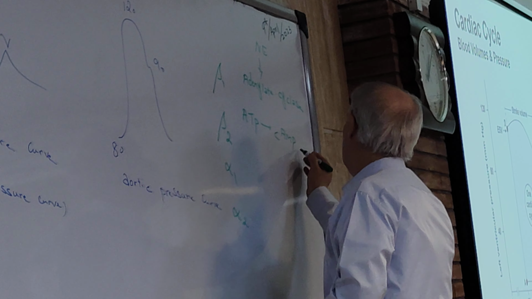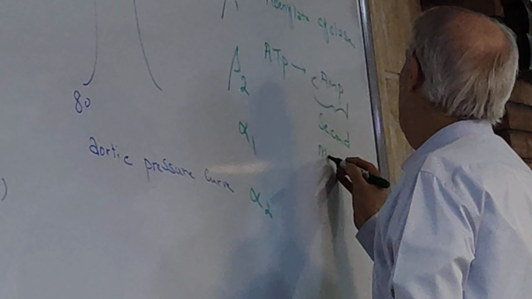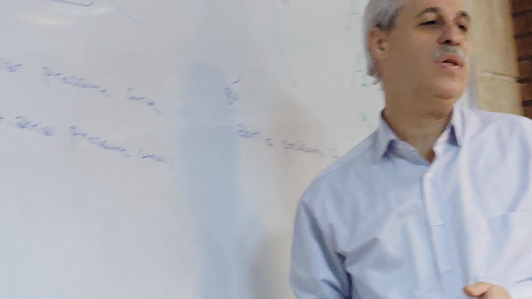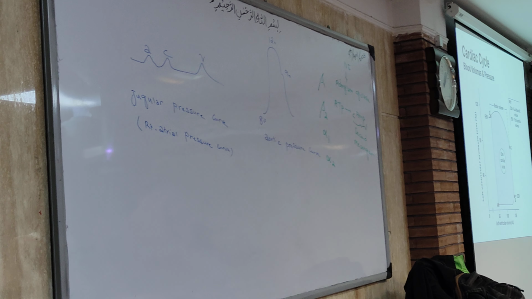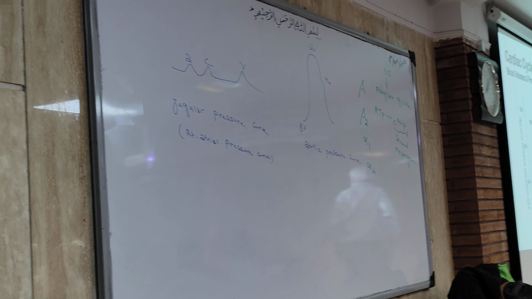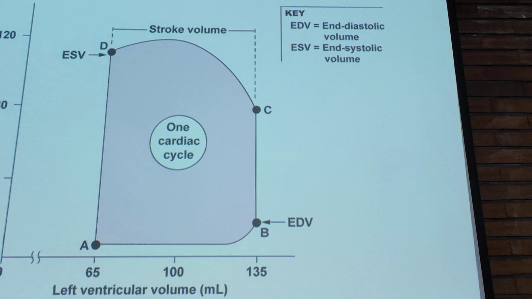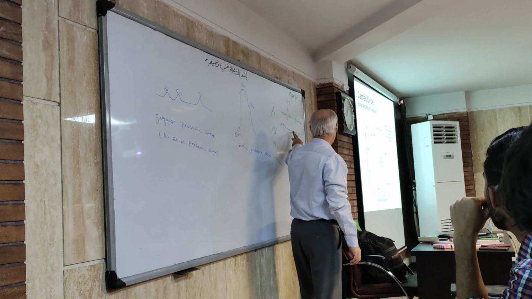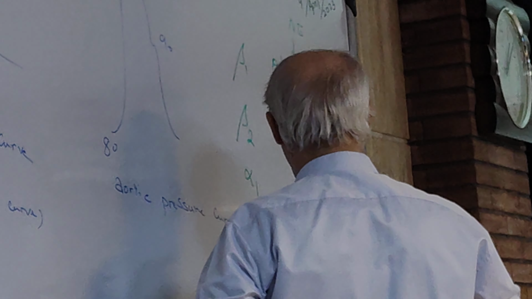This cyclic adenosine monophosphate is the second messenger and can phosphorylate quite a few enzymes and proteins inside the cell. Can activate quite a few enzymes inside the cell. So cyclic AMP is a second messenger. So beta-1 activates, adenylate cyclase activates, cyclic AMP forms. This cyclic AMP can phosphorylate